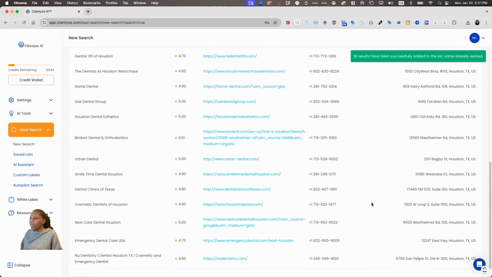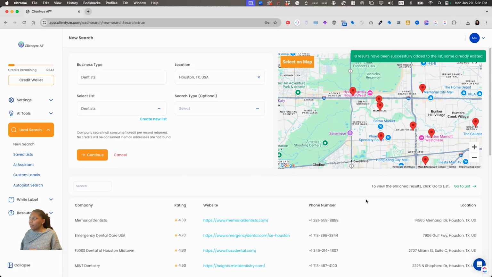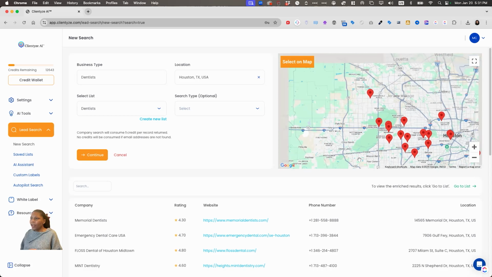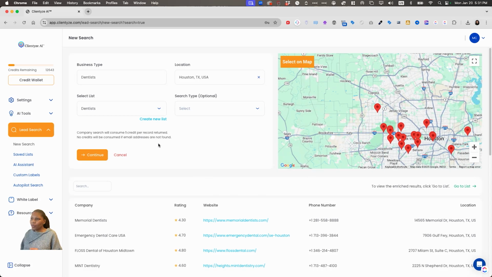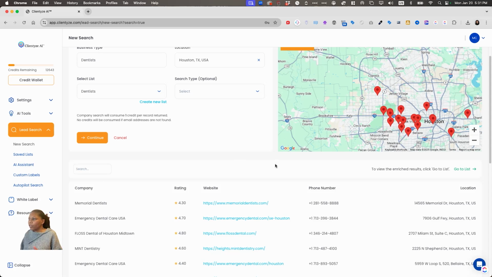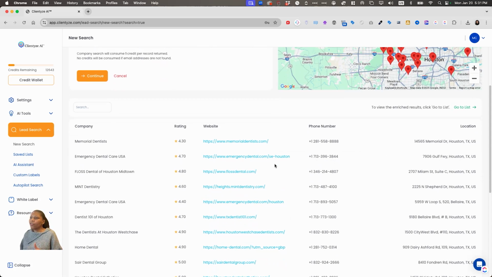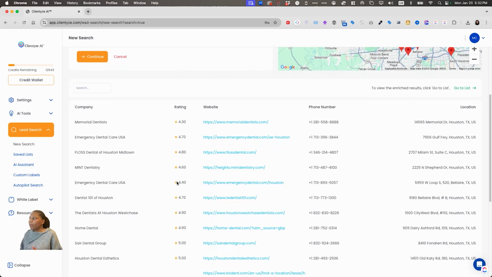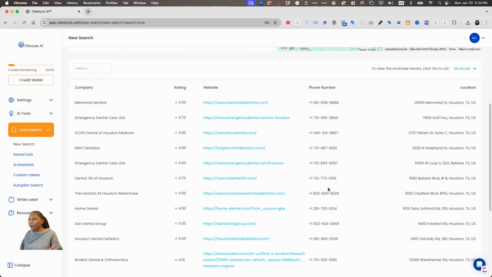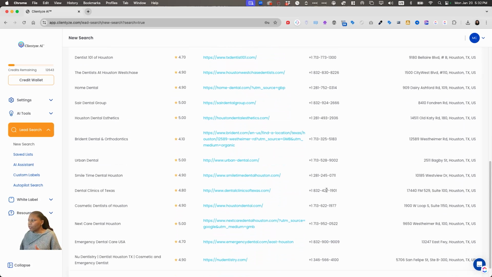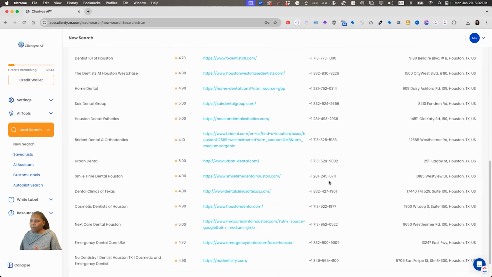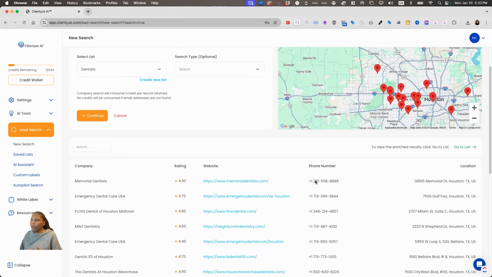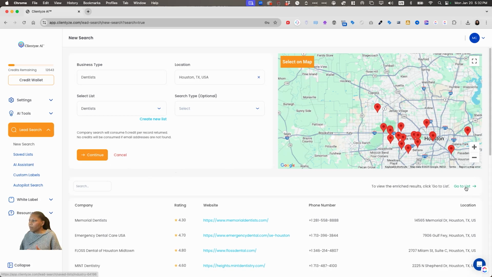All right, so you can see initially it's just pulling up your list of data, right? We got 18 results, and you can refine. We did a simple search, but you can do an advanced search. You could refine with filters, the amount of results you want, if you want them to have a certain amount of ratings, if you only want people who have email addresses. There are some refinements we can put on the search, but I just started with a simple search, okay? So if I wanted to go ahead and put these on my list,